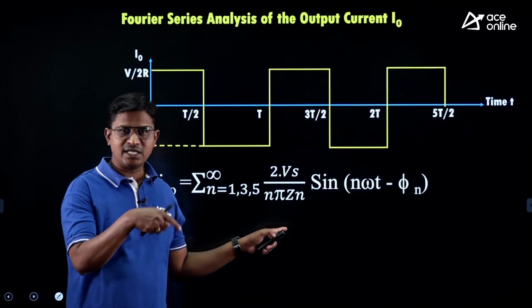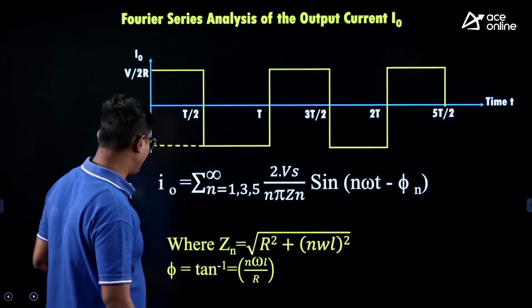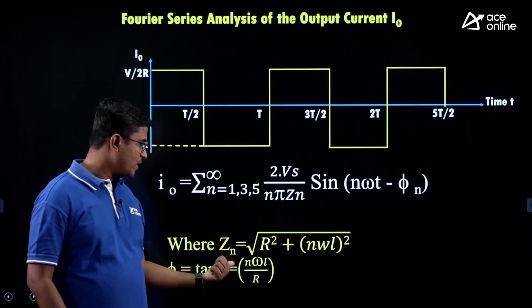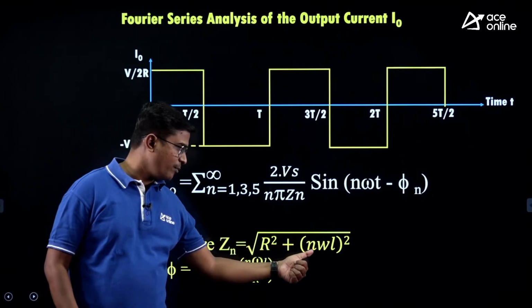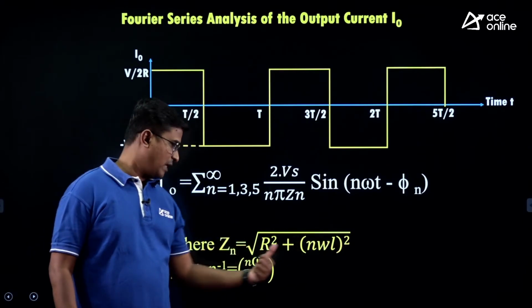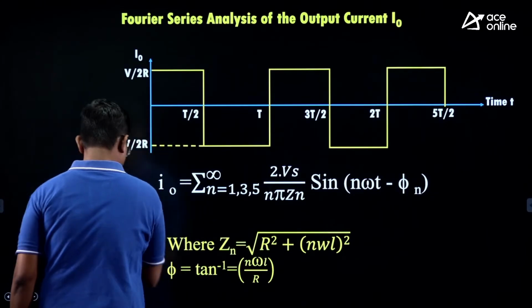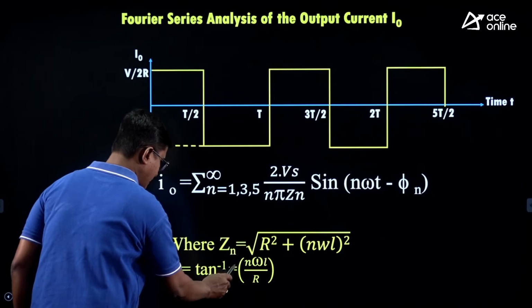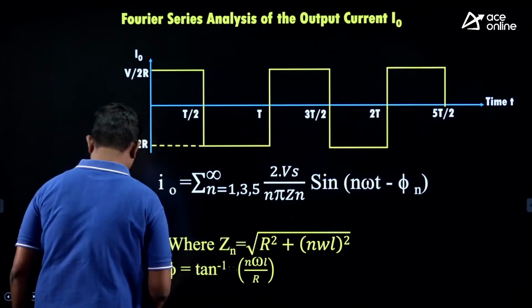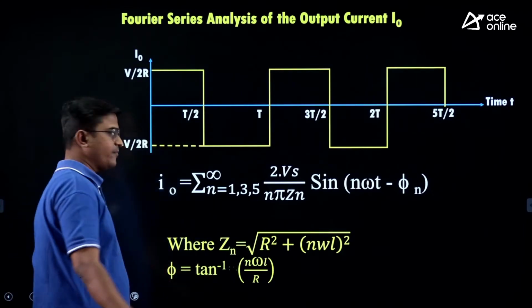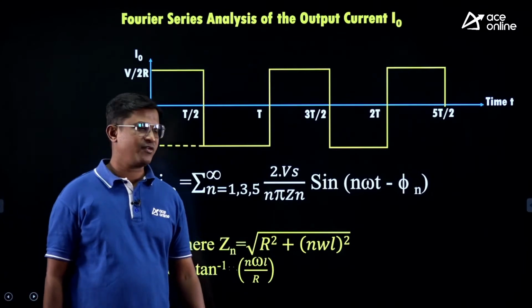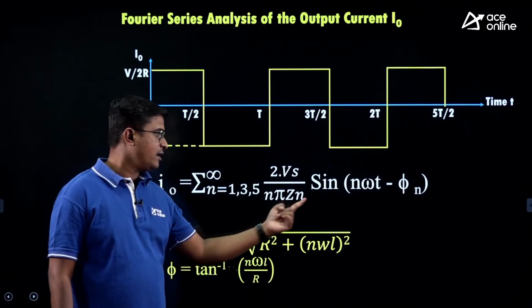But if the load is resistive, then what will happen? Here I am writing, where Zn is equal to under root r square plus n omega l bracket square, and phi n is equal to tan inverse of n omega l by r. Now tell me, for resistive load, if I want to find the value of Zn and phi n,